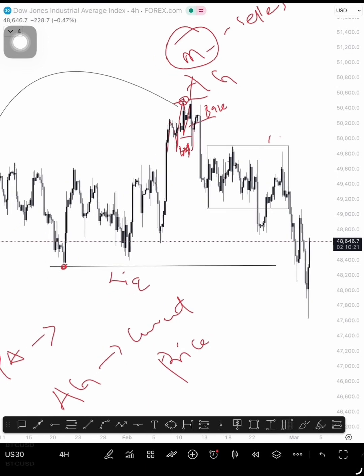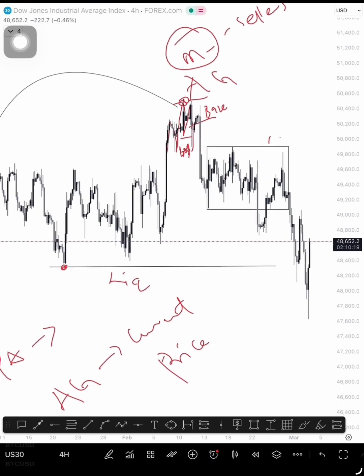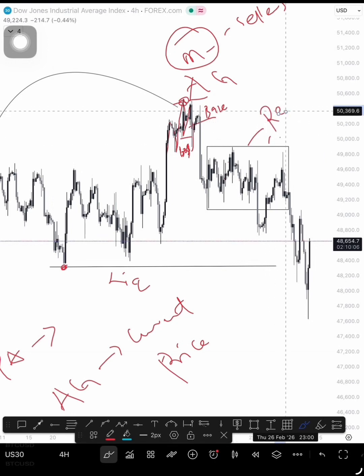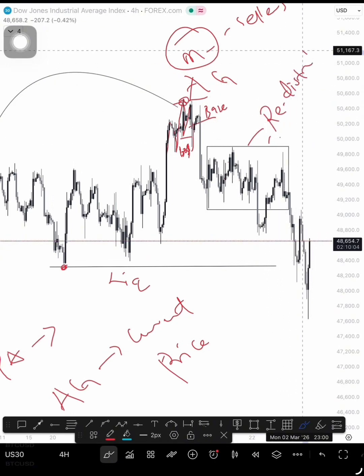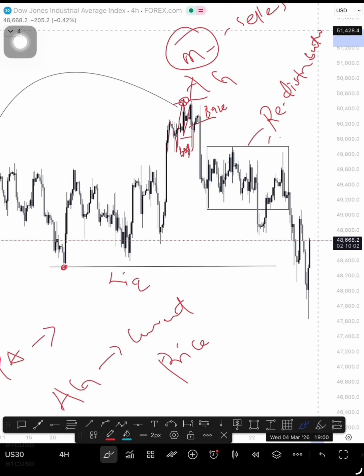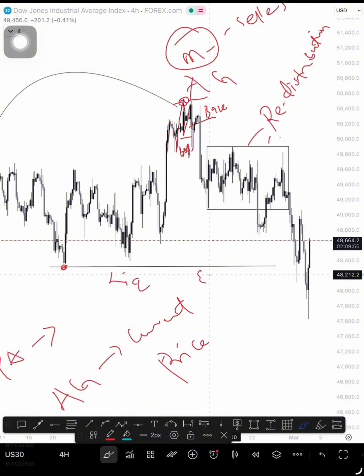So range structure continues until price gets to a higher time frame demand or supply level that is capable of causing a pullback or a reversal. This right here is simply a redistribution in price, telling you that price wants to continue until price takes out